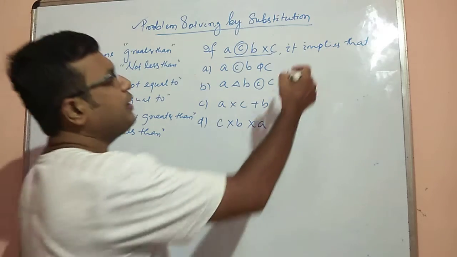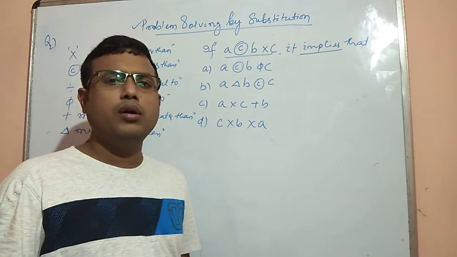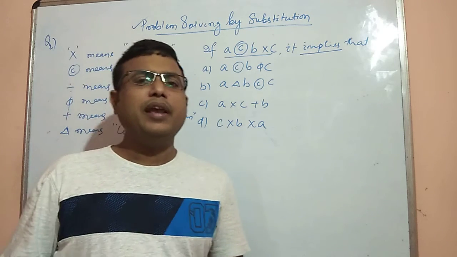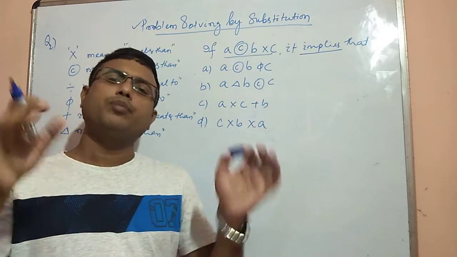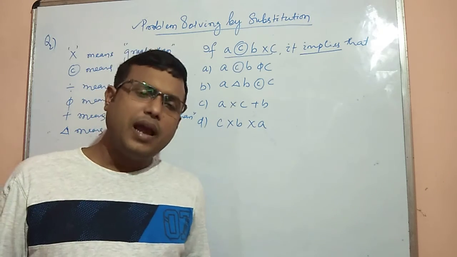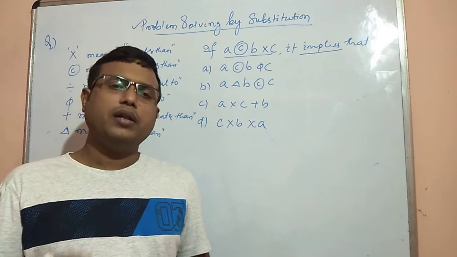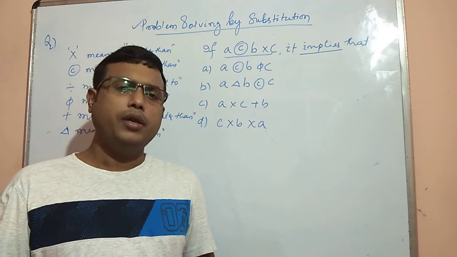It is given that what implies that. Implies that means it is not definitely true. That means it may be true. Okay, implies that. That means A greater than equals to B. Suppose an example is given to us, A greater than equals to B. That implies that A may be greater than B, or that implies that A may be equals to B, right?